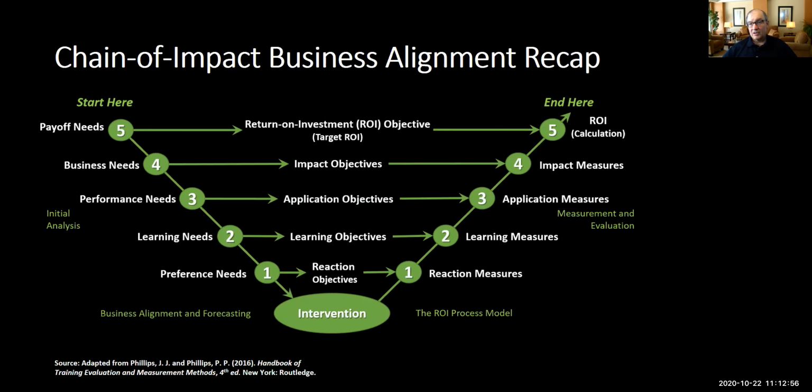All right, moving over to impact measures. What are you going to measure? Well, you're going to measure the employee turnover in this case, and I would recommend that you do it before your learning intervention or before the program starts and 6 months after. I'll explain why in a moment, when I get into level 3. Level 3, we said those are your performance needs. You need something to happen.